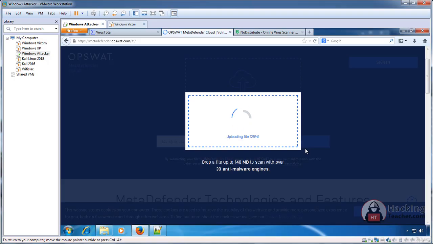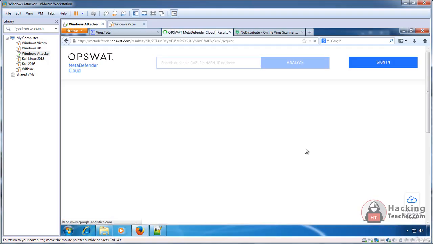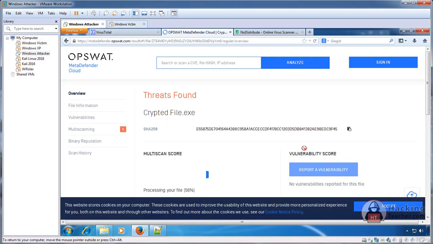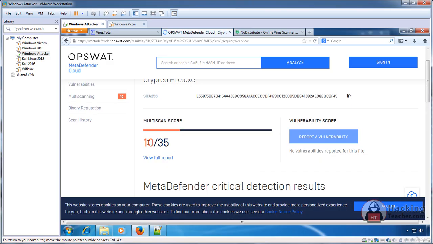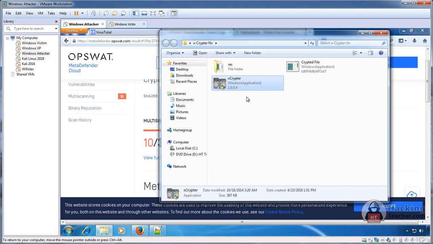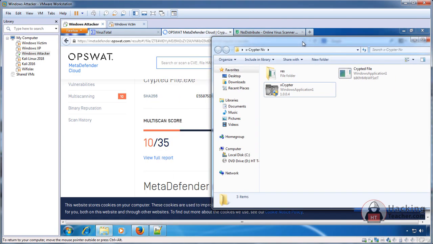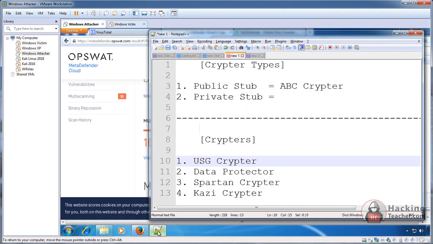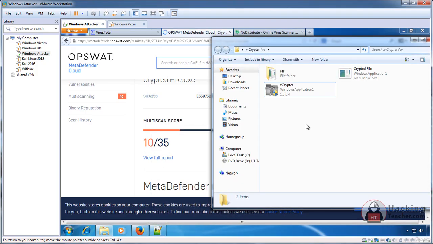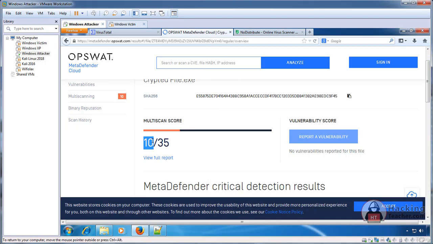So before, 25 antiviruses were catching it, and now only 10. But I'm not saying that 10 is a very good ratio. As I said before, I'm using a very cheap crypter right now just for demonstration purposes. But once you buy some good ones, as I have mentioned, or more, there are hundreds more available over the internet, good ones, they would bring your detection ratio to maybe just 2 or 3 antiviruses catching it, or